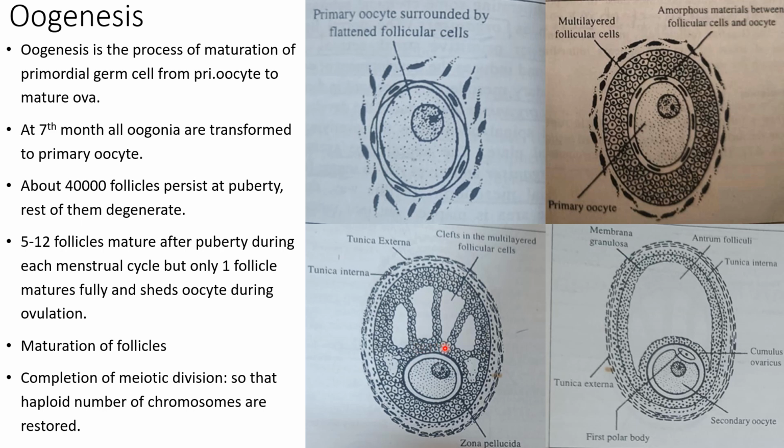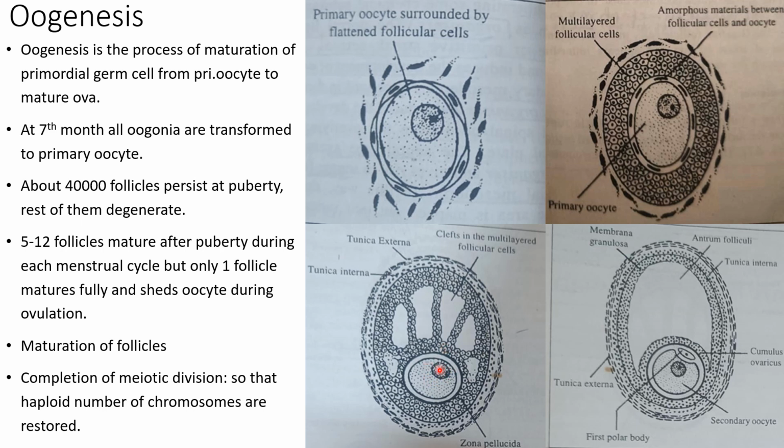Dictyotene stage is a prolonged resting phase. Okay, so the first meiotic division at birth is arrested in dictyotene phase of prophase of first meiotic division. Now